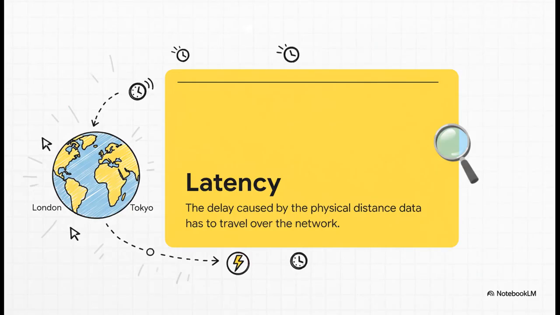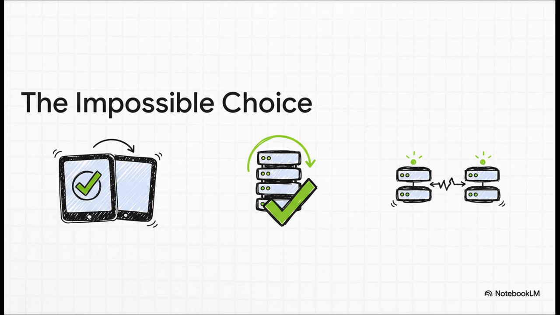It's that annoying delay you feel when you're waiting for a website to load. And it's caused by a simple, unavoidable law of physics. Information can't travel faster than the speed of light. Sending a signal from London to Tokyo and back just takes time. And that delay can make your app feel slow and clunky, no matter how powerful your servers are. So to fight that latency, you put copies of your data closer to your users.